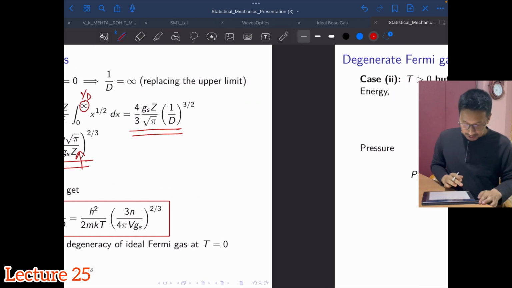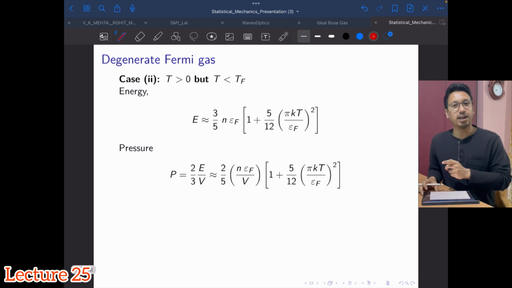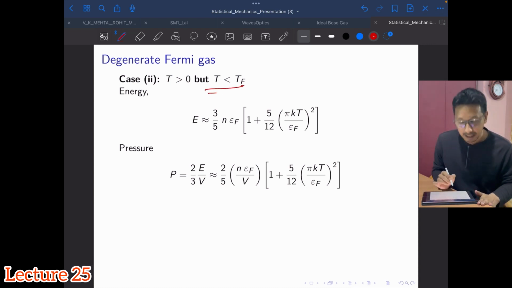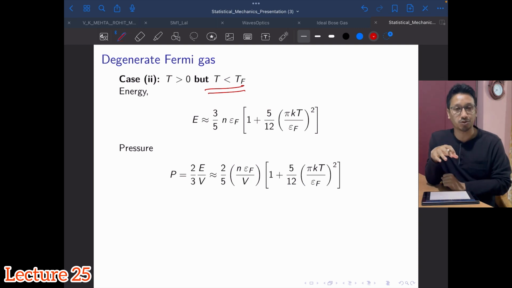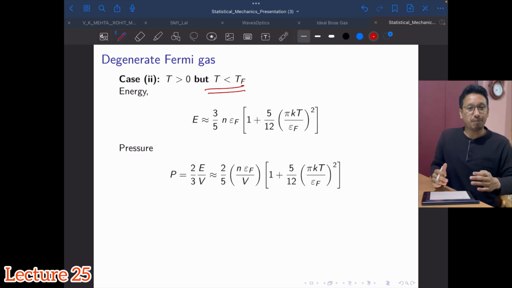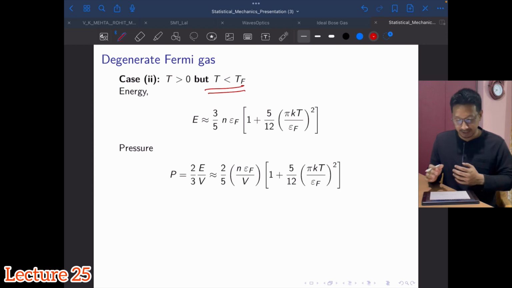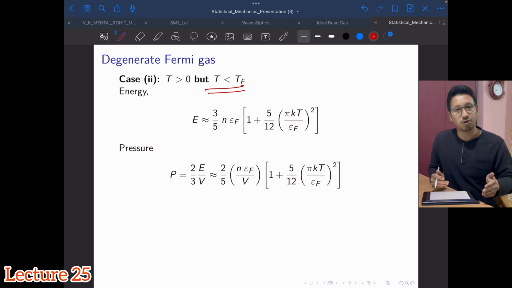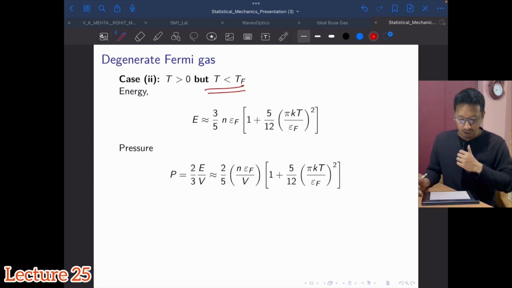Okay, all right, let us continue our discussion, right? For the case where T is greater than 0 but T is less than Fermi temperature. Okay, so here this part I will try to give you a separate PDF for all the mathematical steps involved. So let's not go off the track by discussing the mathematical steps, because it's quite involved, a lot of approximation has to be done. Okay, so only the results let us try to discuss here.